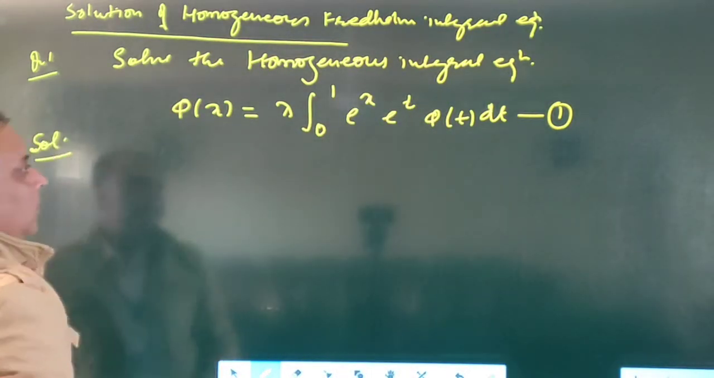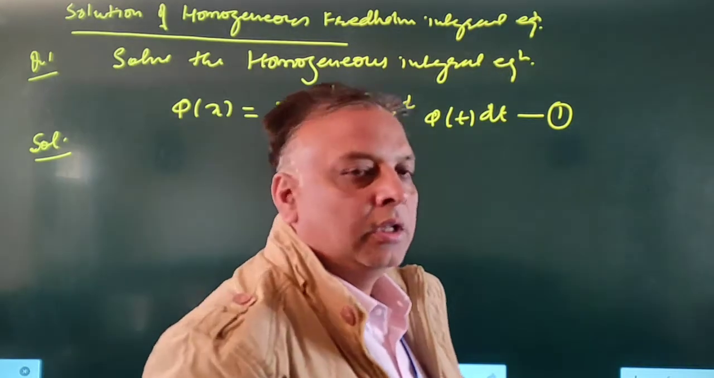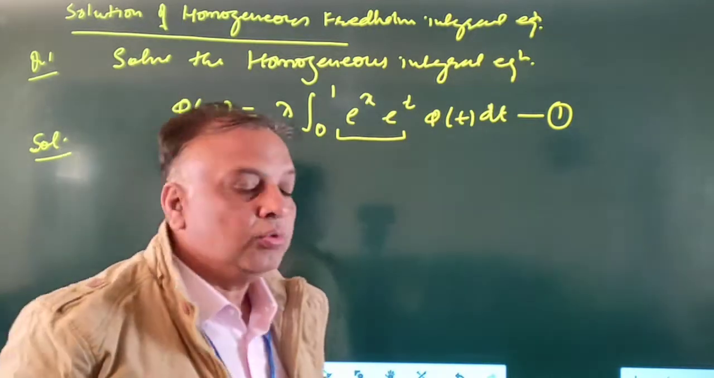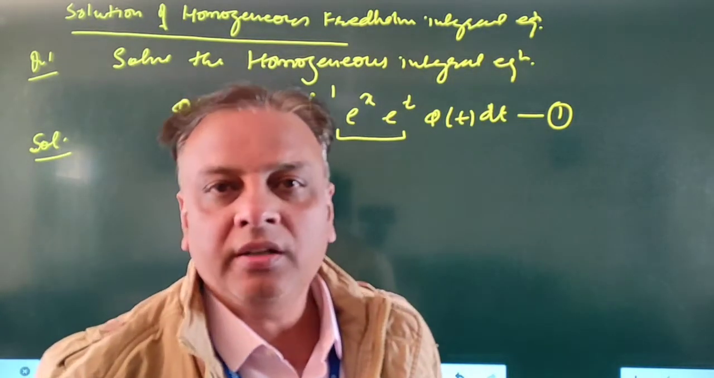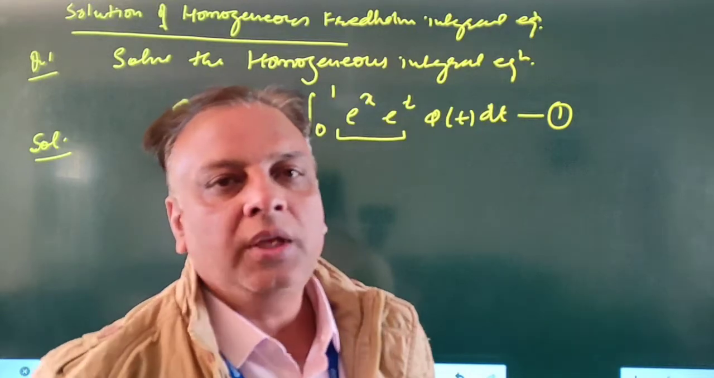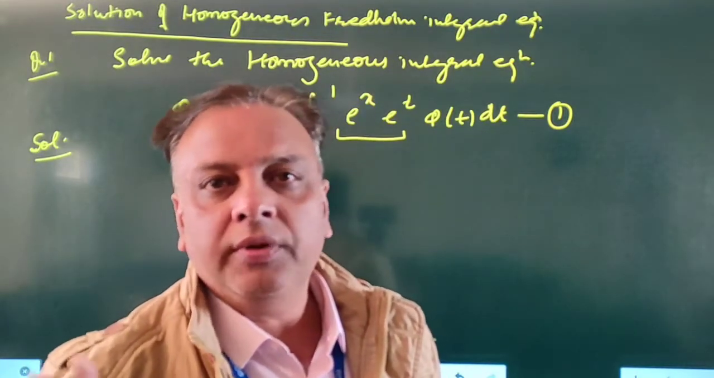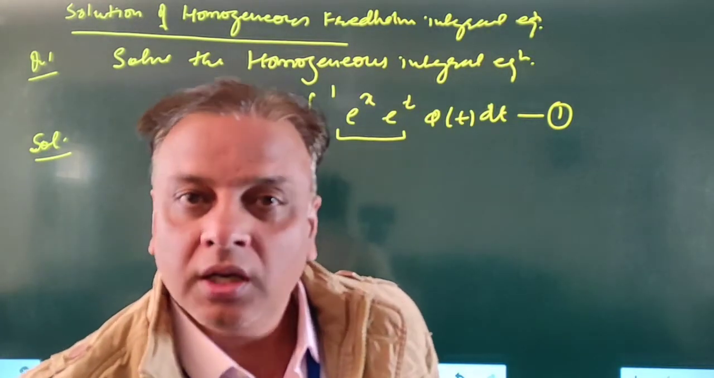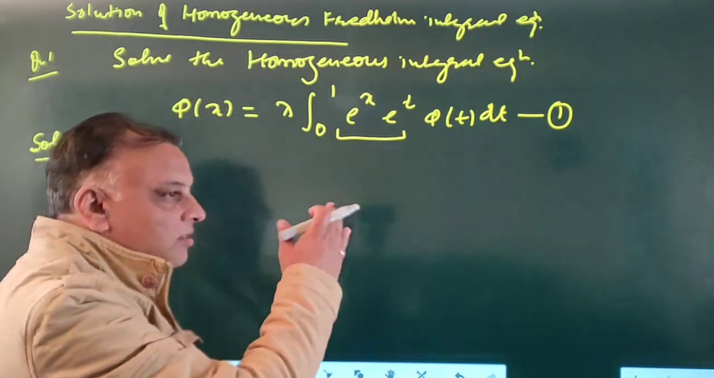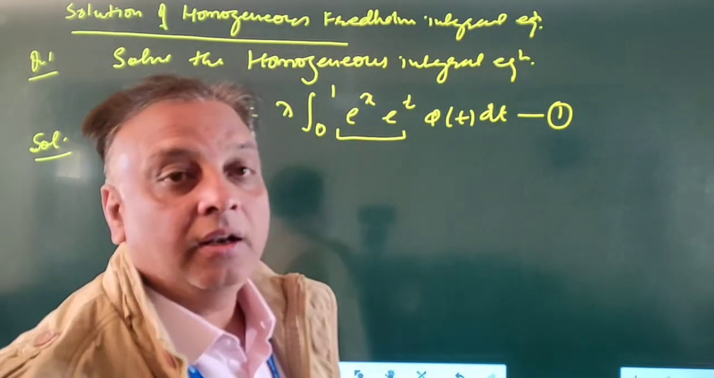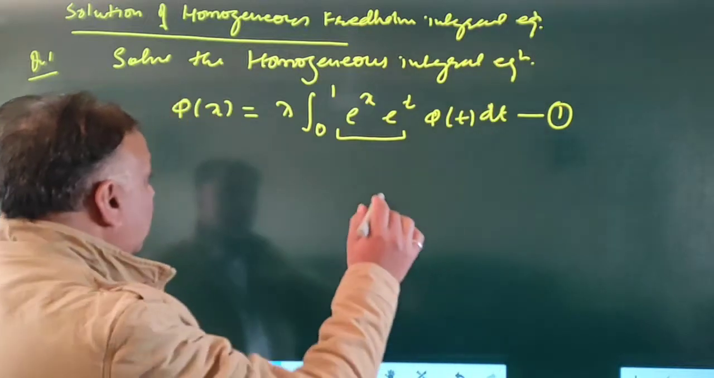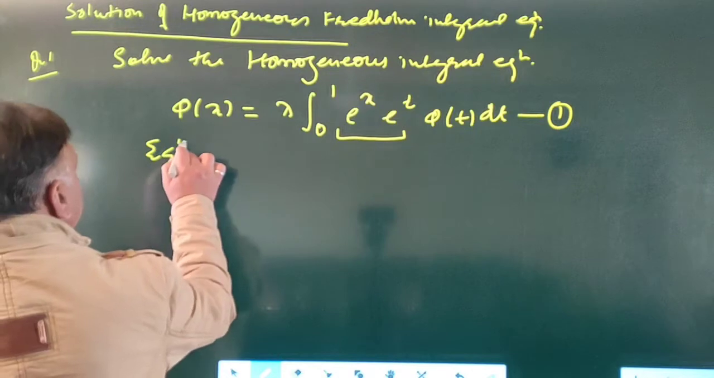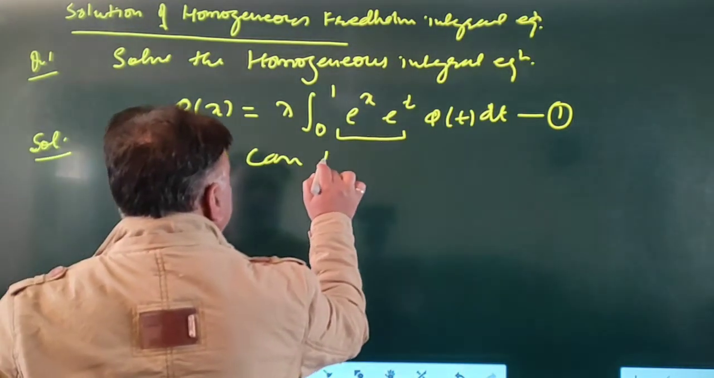The solution of such type of problem starts with, here we see that the kernel of this integral equation is e raised to x e raised to t. We can separate the kernel in terms of the functions only of x and only of t. So these type of problems are problems with separable kernels. So we can separate the kernel in the variables of x and t. So equation 1 can be written as